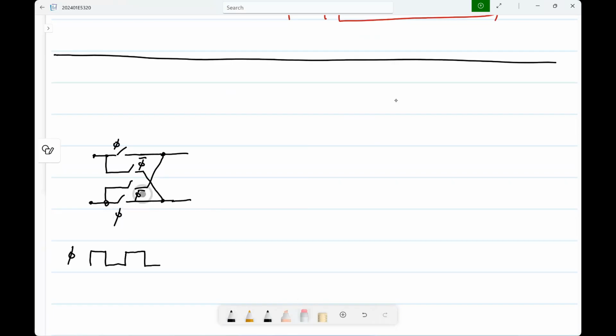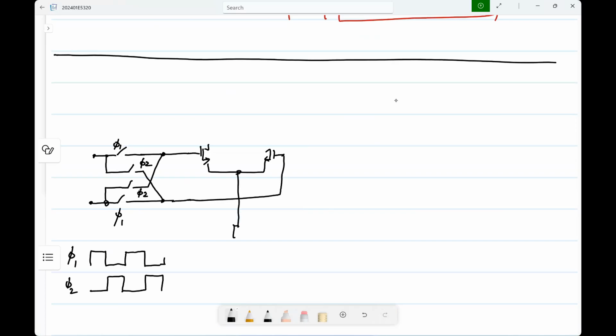Maybe let me not do phi and phi bar, although it is denoted like that. So you have phi 1 and phi 2 will be on in the opposite phase. Okay. This goes to the differential pair. Okay. So now the other thing is that because all transistors contribute to the offset,